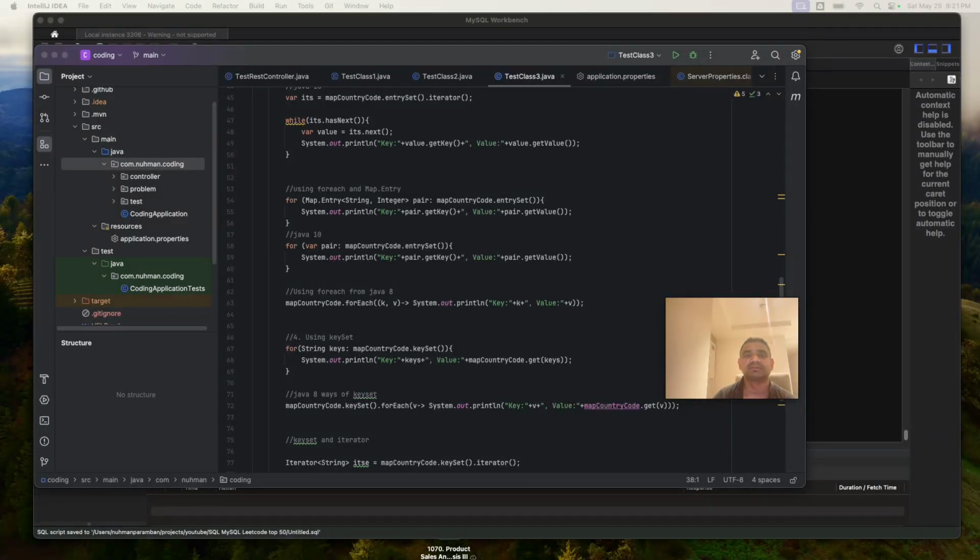So how will we avoid that kind of scenario? Is the only way a null check, right? Instead of that, are there any other ways we can do that kind of thing? So let me create a